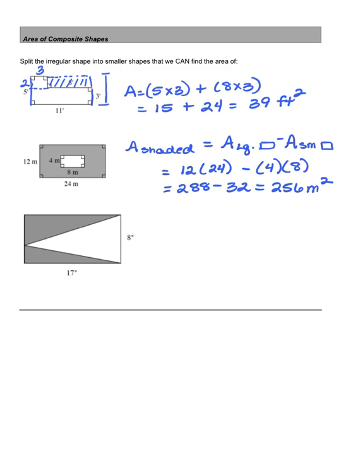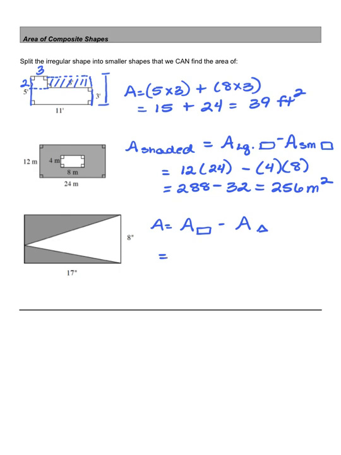For this last problem, we are trying to find, again, the area of the shaded region. It's another cookie cutter problem. We've rolled out our dough into a perfect rectangle. We're cutting out the white triangle, and we're looking for the area of that shaded region, or the dough that's left. So the area we're looking for is equal to the area of the rectangle minus the area of the